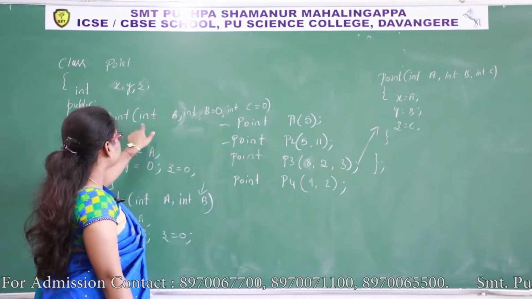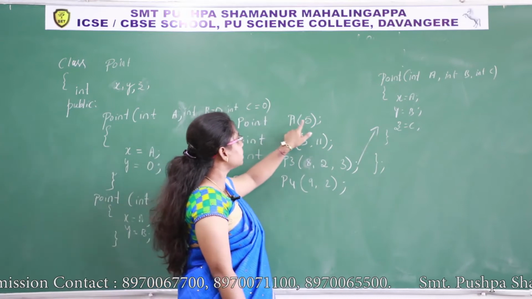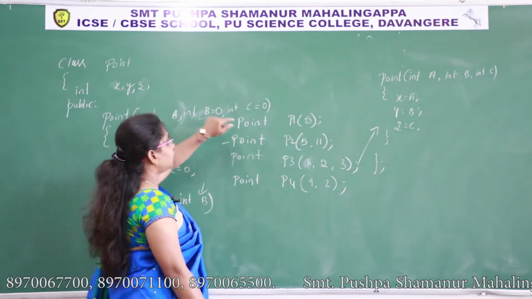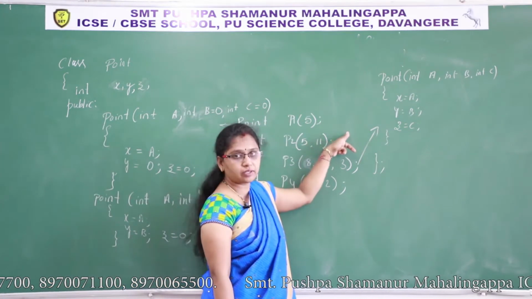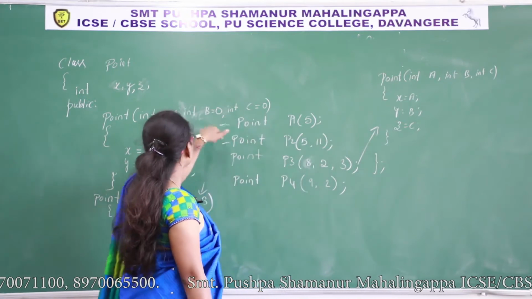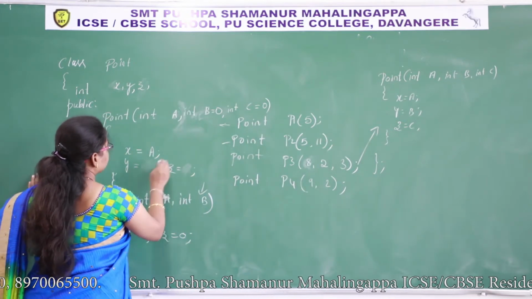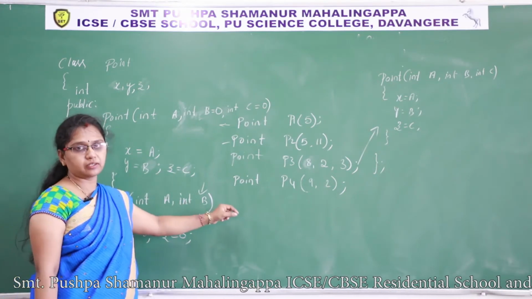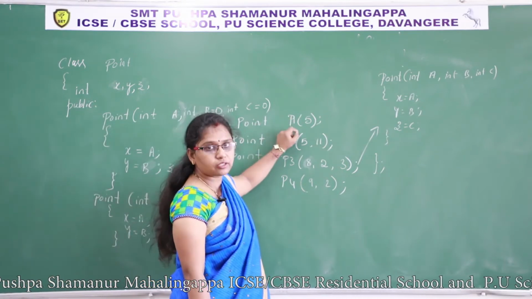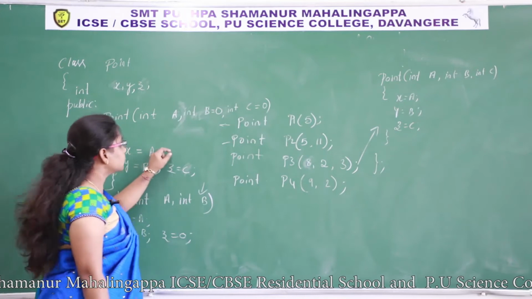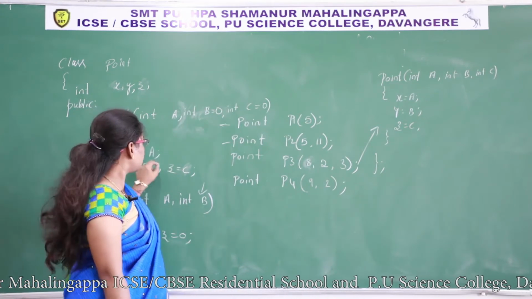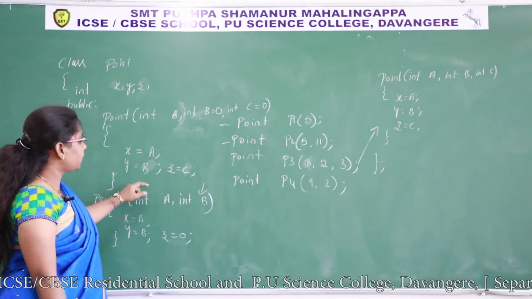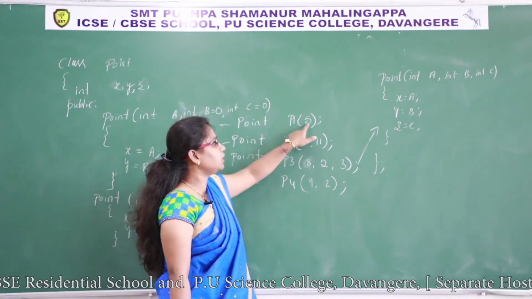How does it work? Let us see. If I pass P1 is equal to 5, okay, so 5 goes to A, and I am not passing the other 2 arguments here from the main function. So which value has to be set for this B and C? When there is an insufficient number of parameters in the object creation, then default values have to be assigned to the data members. Are you understanding? Here actually we can pass a maximum of 3 arguments. Here I have passed only one parameter.